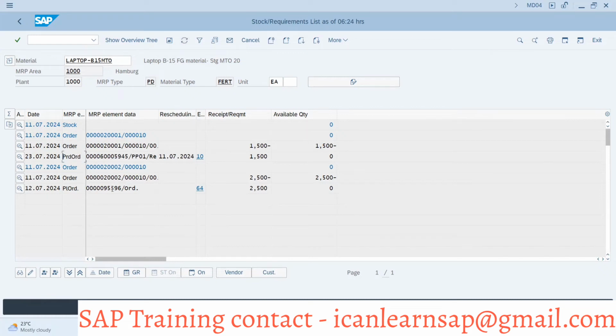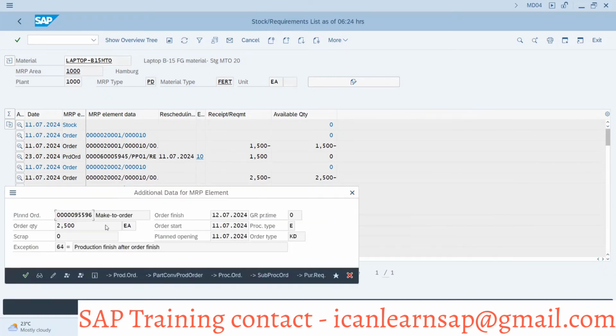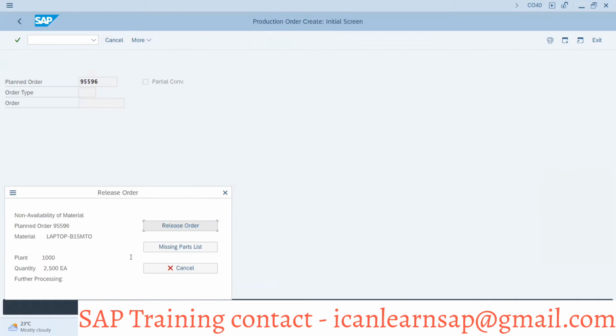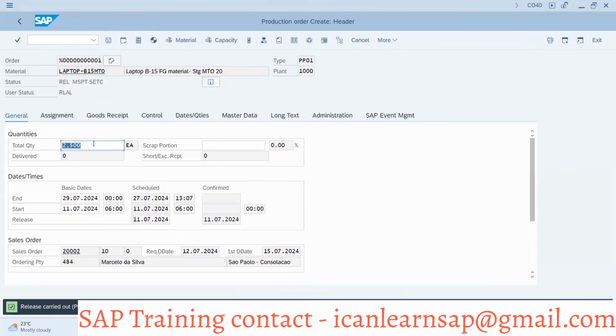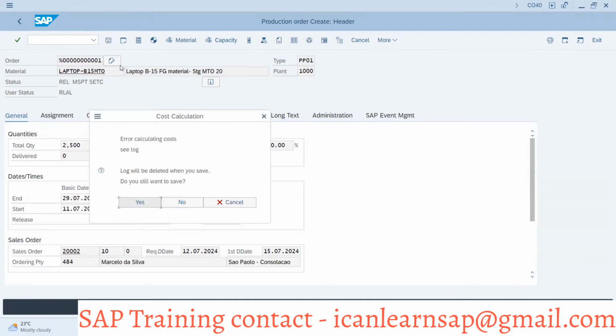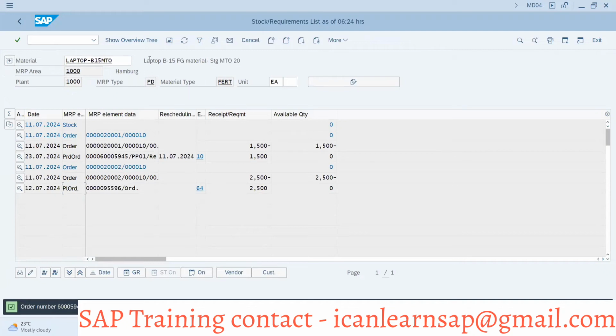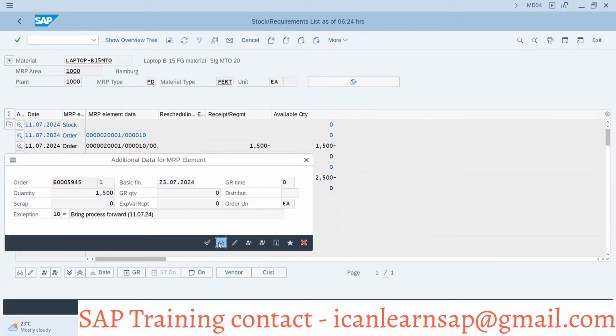So this is production order number. Now I convert this plan order also into production order. Release. Though some material is not available, we will save it. Okay, now refresh it. Now we can have both these orders. So first, if you click on this and go for display,